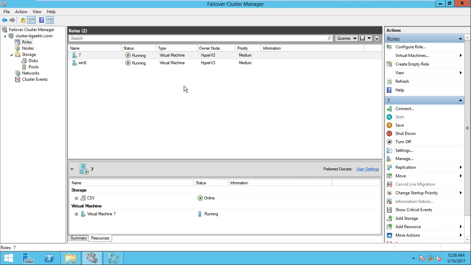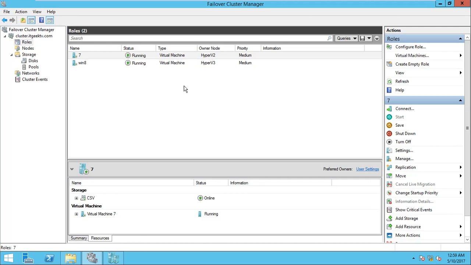In that case, the live migration will occur. If suddenly any catastrophe occurs and that Hyper-V1 goes down, in that case your virtual machine will go into the safe state. Yes, it will go into the safe state, then it will power on. So this will be the case.